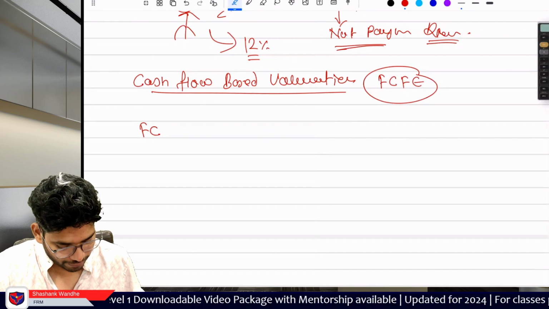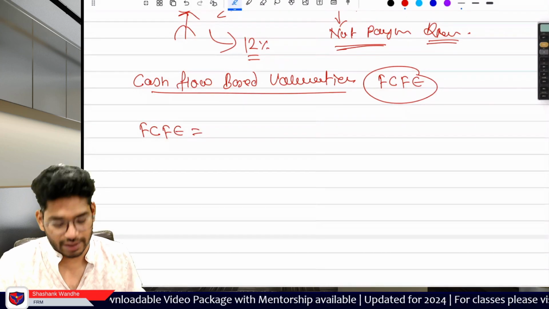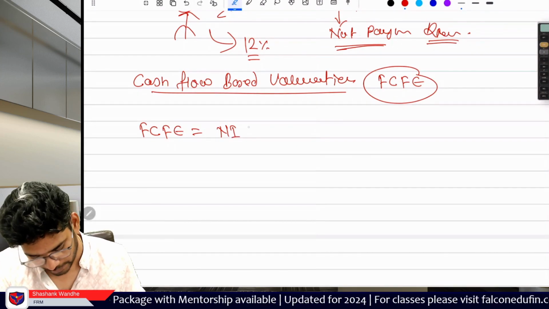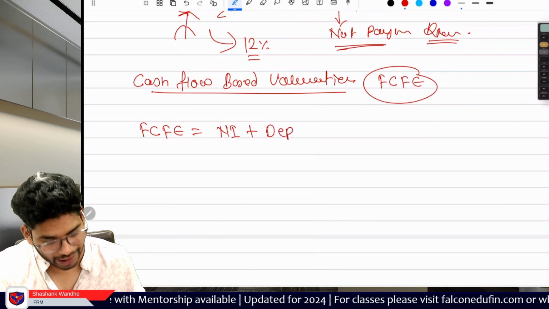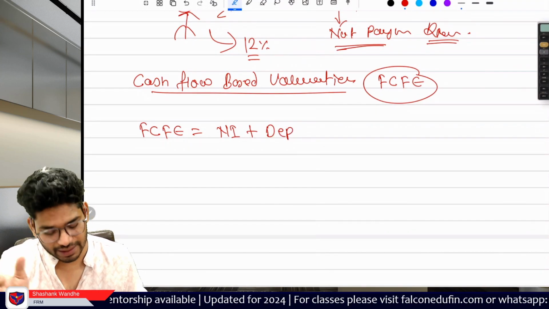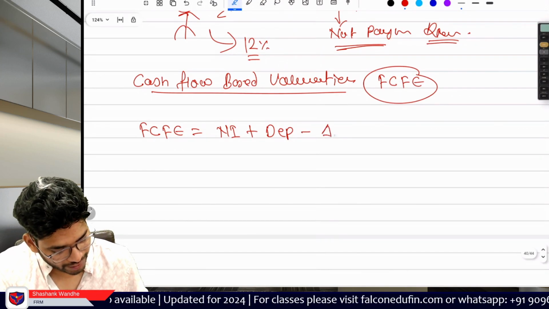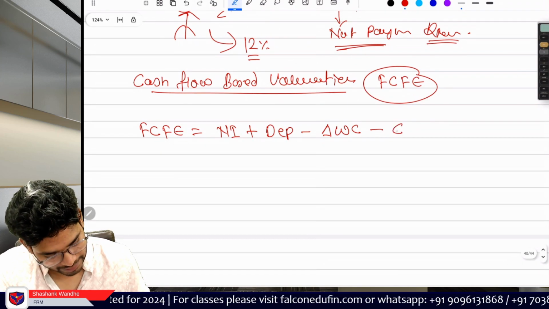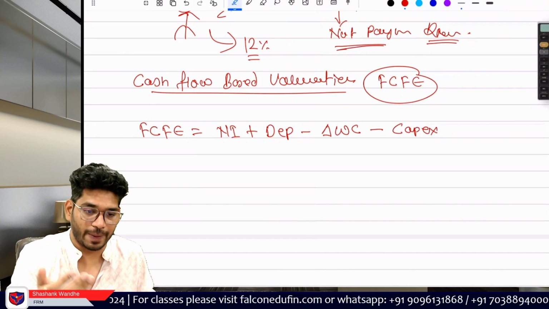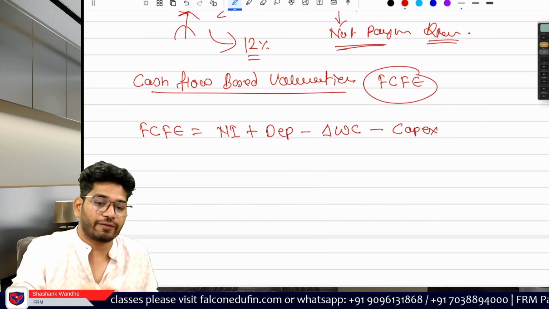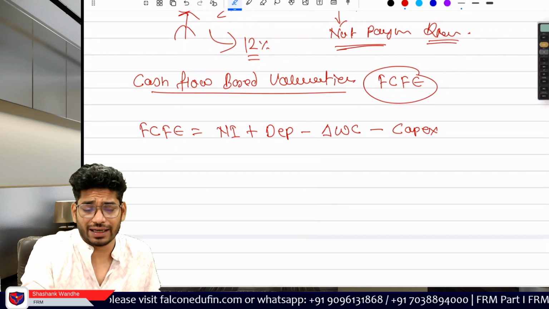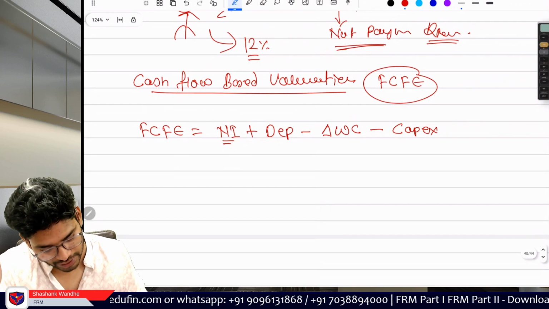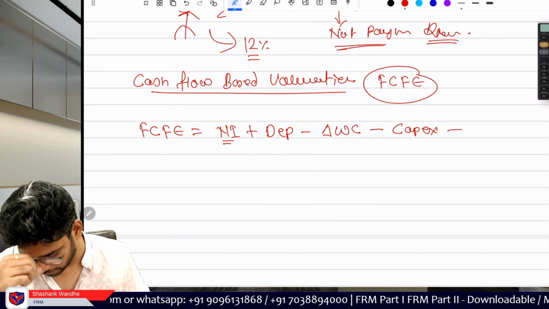So free cash flow for equity is calculated using a simple formula. If you go by the net income route, then in the net income, first you have to add back the non-cash expense, that is depreciation. Add back the depreciation, minus changes in working capital. Then minus capex. If there are any capital expenditures, then capex should be removed, because if the company is investing in capital, then this is a cash outflow, which won't reflect in the net income. That's why we have to separately remove the capex and then separately adjust for the debt.